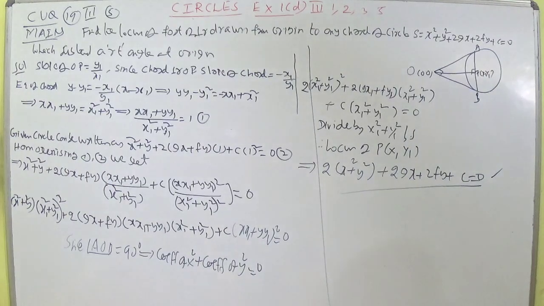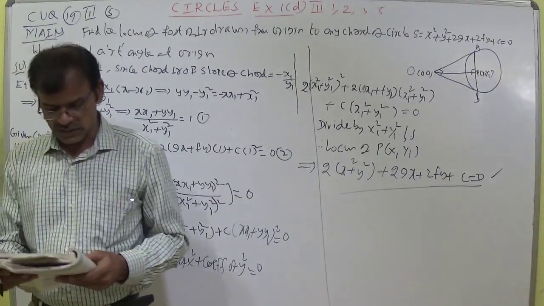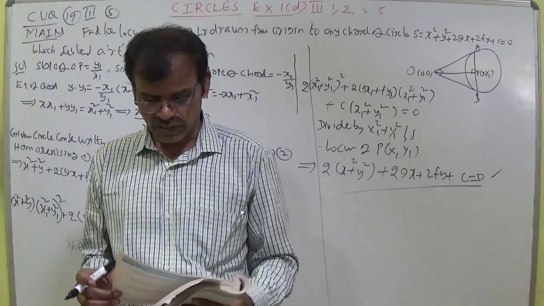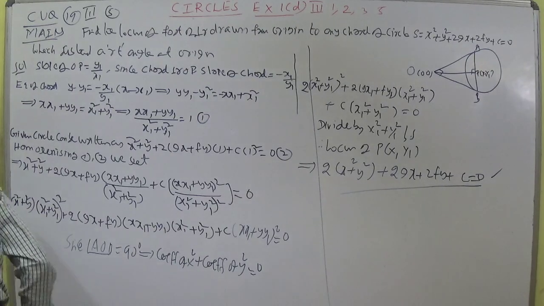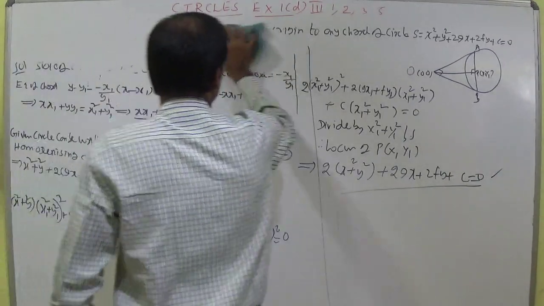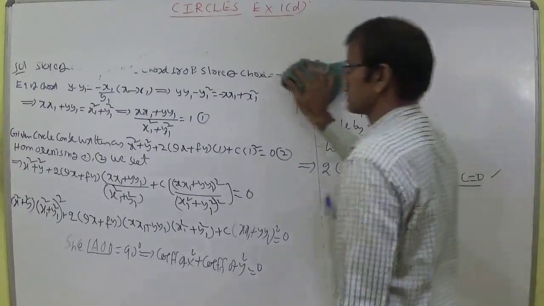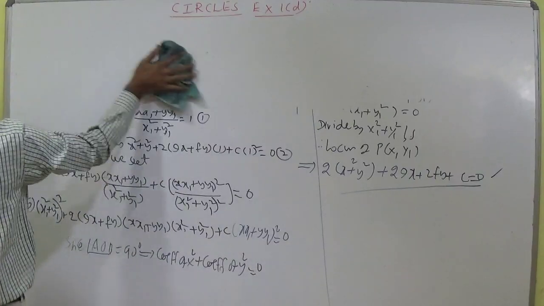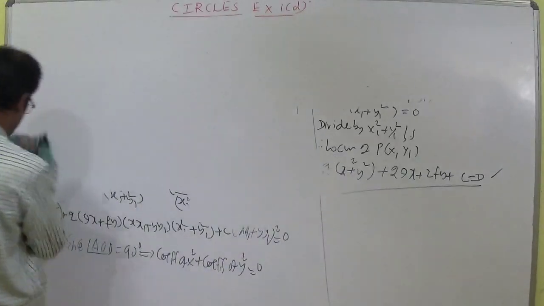So, exercise 1E concept is there. Let us discuss about the common tangent and relative position of concepts. Relative position of two circles. In the circles chapter, 2 7 marks are there. 1 7 mark you will be getting from exercise 1A and another 7 mark you will be getting in exercise 1E. Whatever now I want to discuss with you the topic.